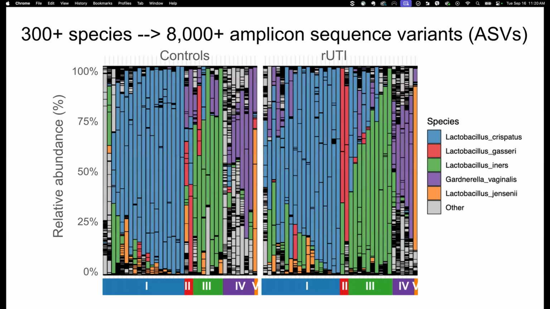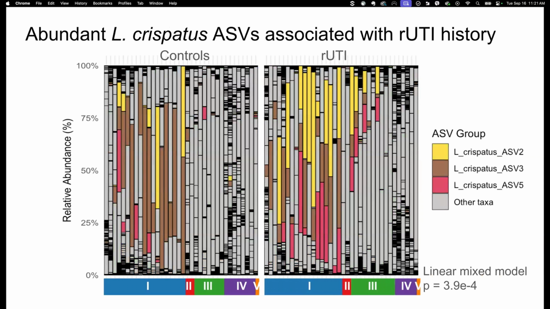over 8,000 ASVs. And we're super excited about diving into these data to get a sense of diversity over time and over space, different habitats in these individuals, since we have the urines, the gut samples, and the periurethral swabs. But what I want to focus on right now is that we were excited to take another shot at asking whether there was something special about our rUTIs versus our controls, just in general. So that's these data here.